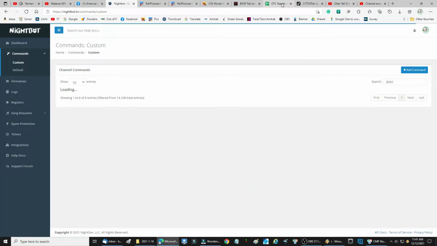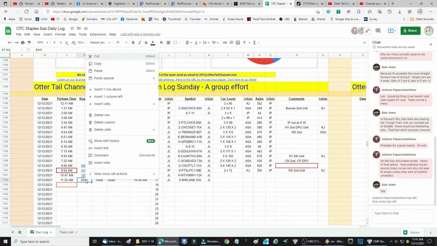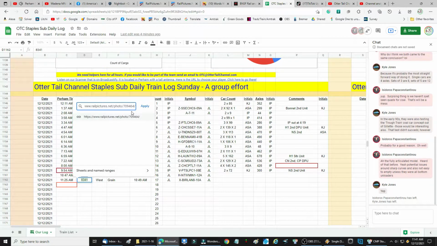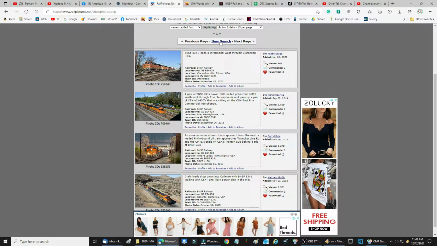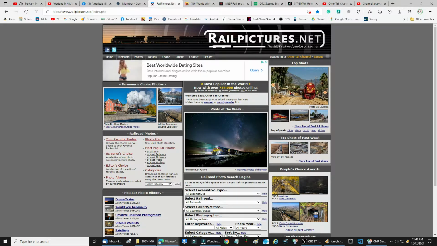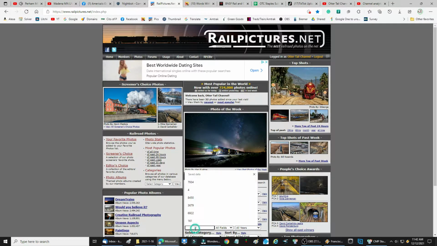Okay, now that we've got that copied in there, we might as well go on over to the database and add that to the database. Insert link, paste that link in there, hit apply, and we've entered that into the database. So that tells you how to do that, and that tells you where to get those from. There's railroadpictures.net, and then what I always do, as soon as I get done, is set myself up for a new search, and that way I can search right away as soon as